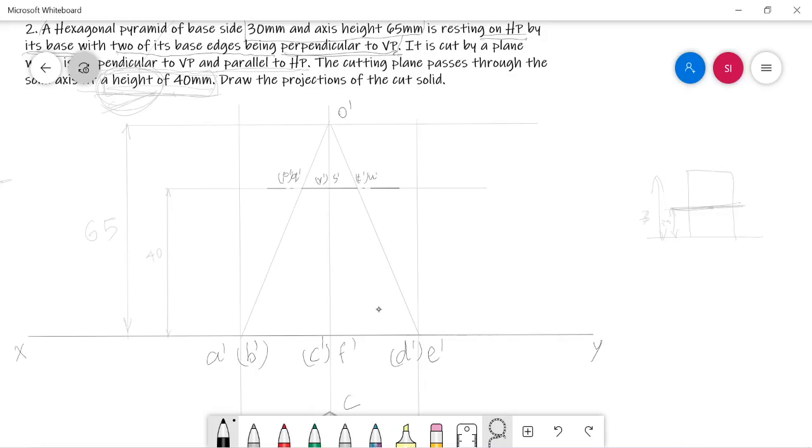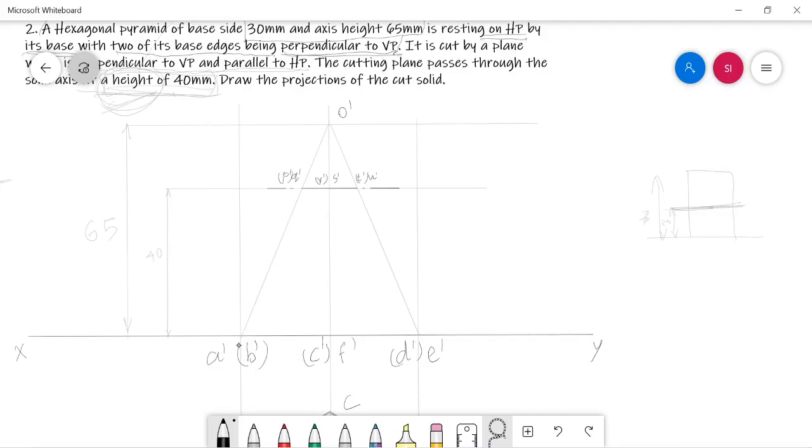Now you have to highlight the retained portion. The cutting plane has cut the solid in this way, so that portion can be considered as the removed portion, and this portion can be considered as the retained portion as per our regular rule.